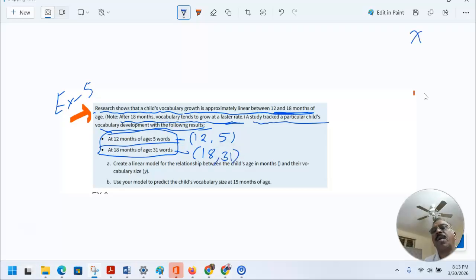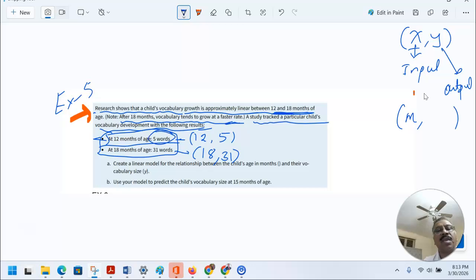So basically, when we talk about X and Y, remember the input, I always like the input and the output, which is dependent on whatever the input is. In this case, instead of X, because this talks about age in months, I can call M the number of months passed by. And because this one is vocabulary words, I'll write V. So let M stand for number of months,